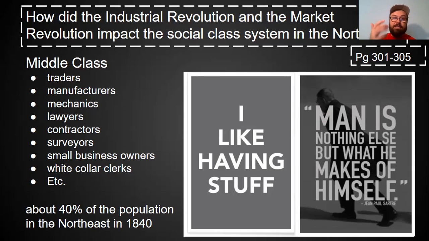But if you looked at today's society, whether we like it or not, there's this implicit judgment we make about people. If you have a nicer car, if you have the newer iPhone, if you dress in nicer clothes, if you have the newest shoes, if your home has 5 bedrooms versus 3 bedrooms, there are these implicit assumptions and judgments we make about people one way or the other, depending on what they have.